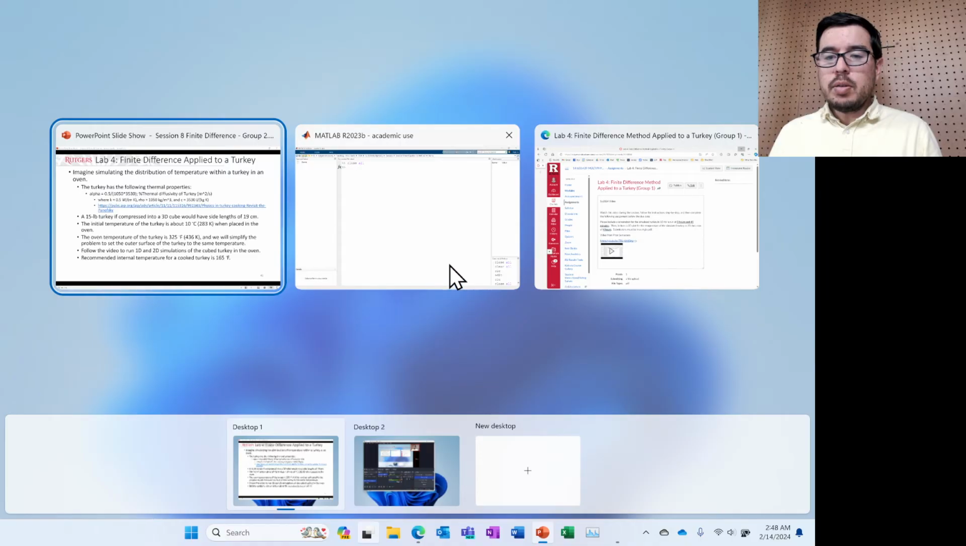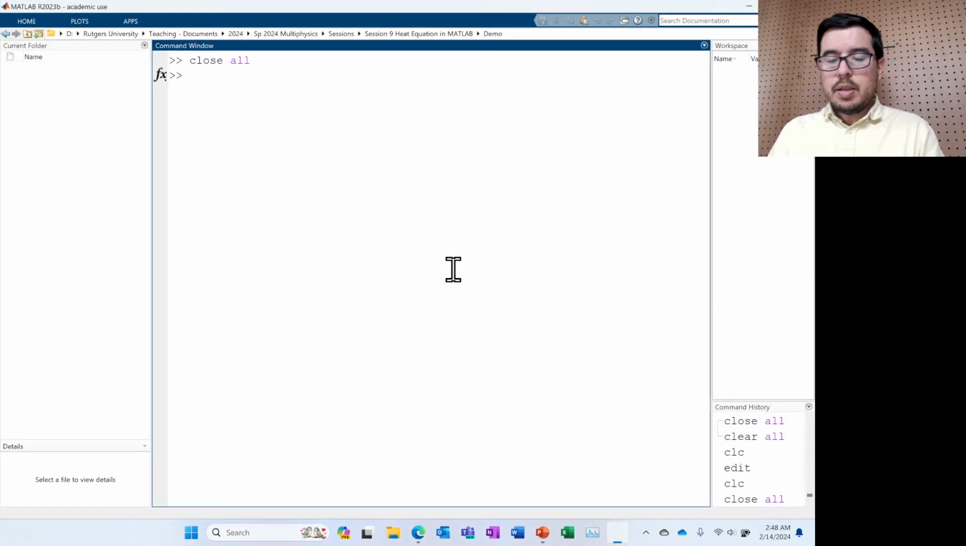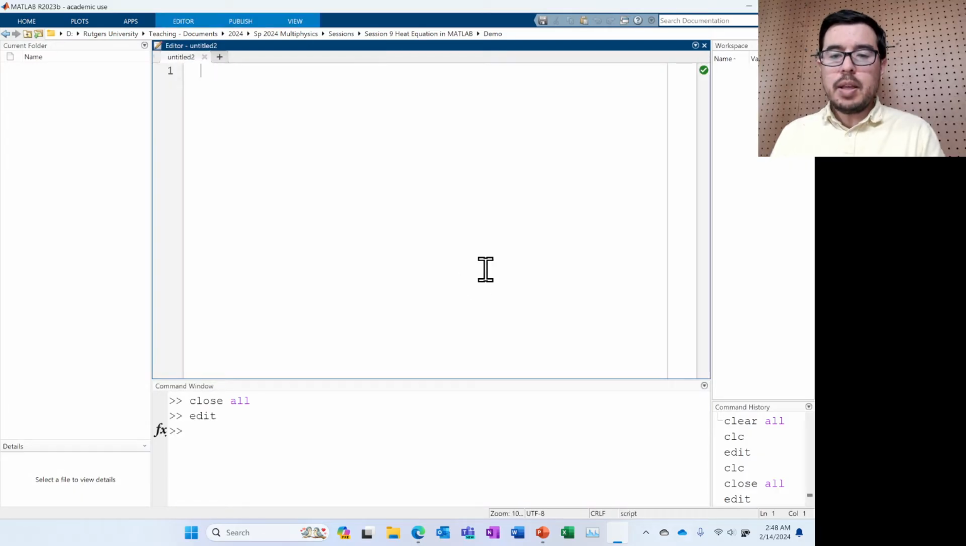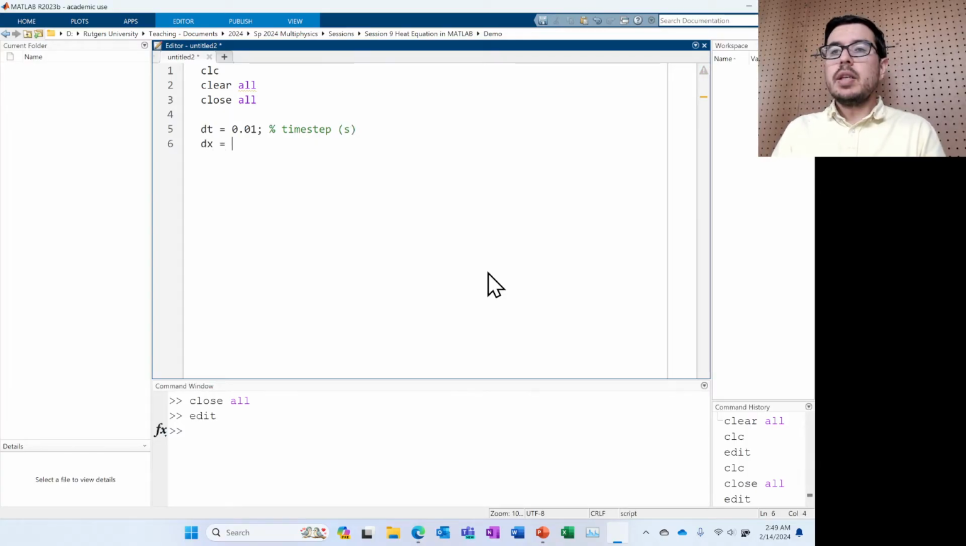We are going to begin by opening up an editor window in MATLAB and then typing some of the basic commands that we're familiar with at this point to get our space situated. For this problem, we're going to use a time step of 10 milliseconds or 0.01 seconds, and we can change that later if we like and see what happens with respect to convergence. The mesh size